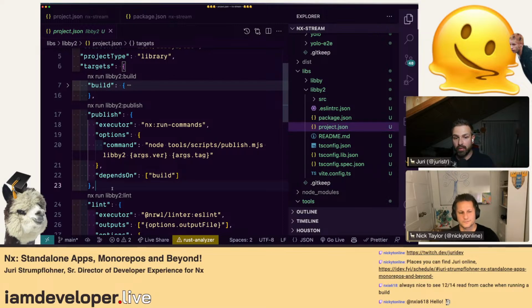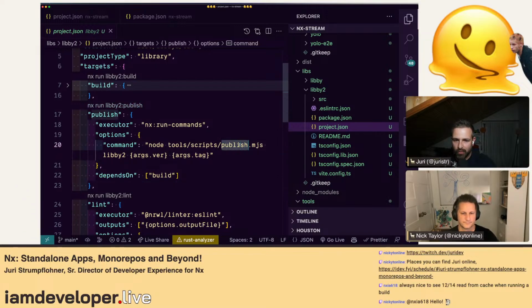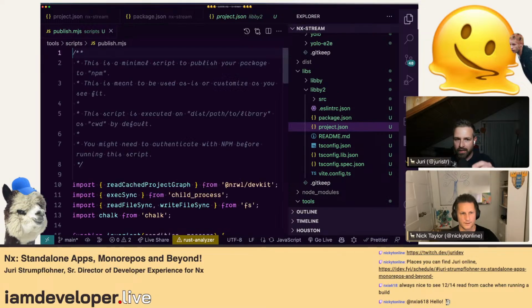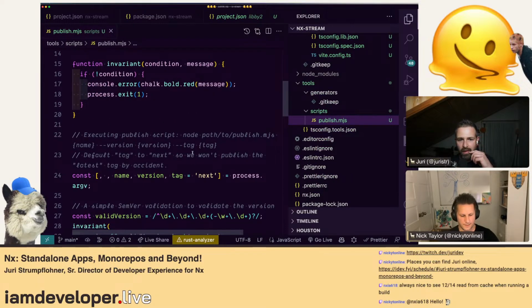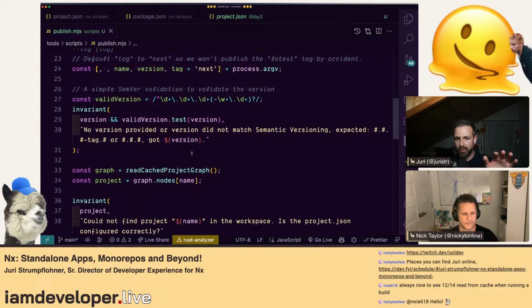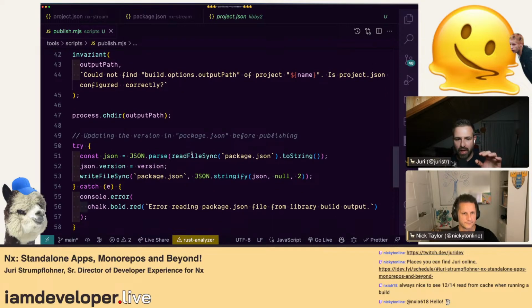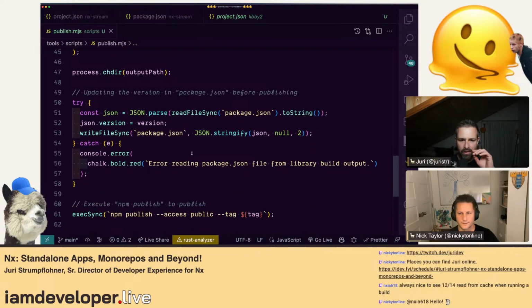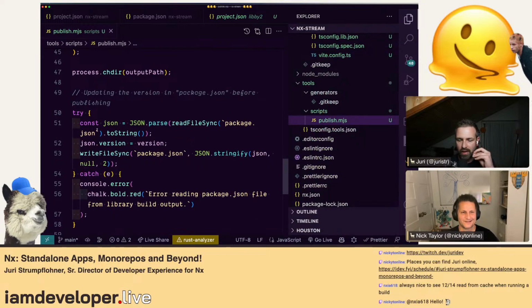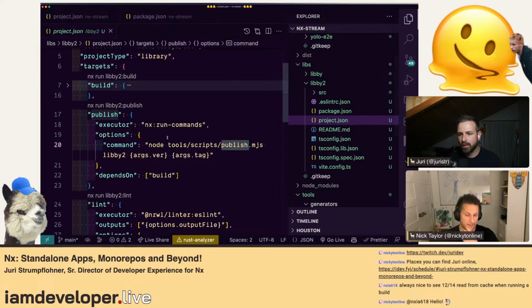And this is super minimal because if you look at it, it uses the nx run-commands, which I mentioned before. This is a way to create your own target but defer to a node script. The command just runs a node script from the tools folder, which should be generated there as well. This is a super minimum setup of how you could grab the version. I don't even know whether it's interactive in asking you the version, and then it publishes to npm. Still, it's nice that that gets provided for you.